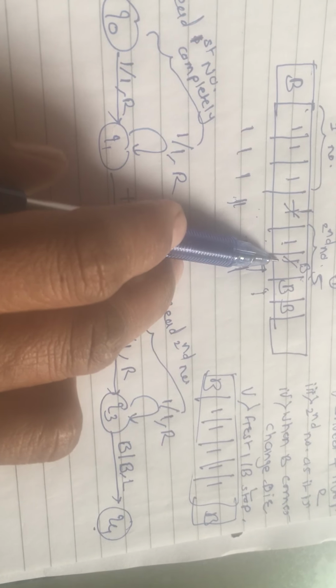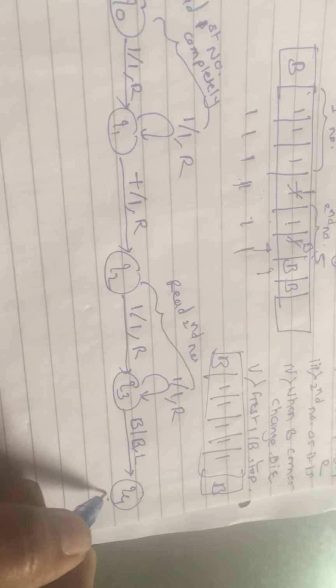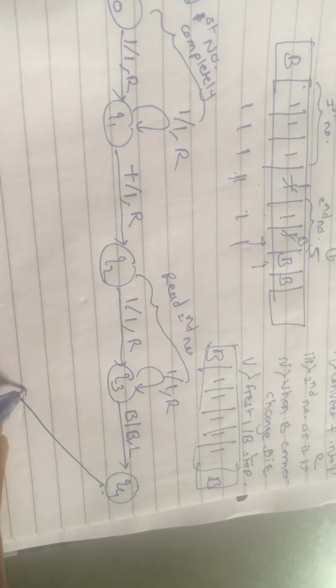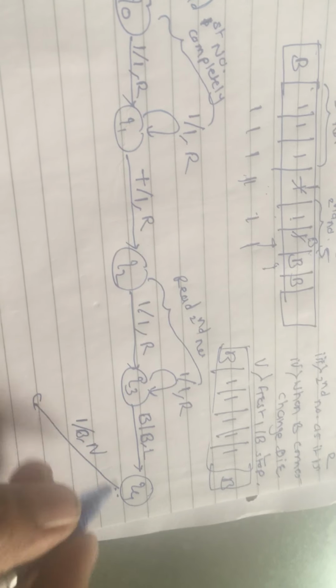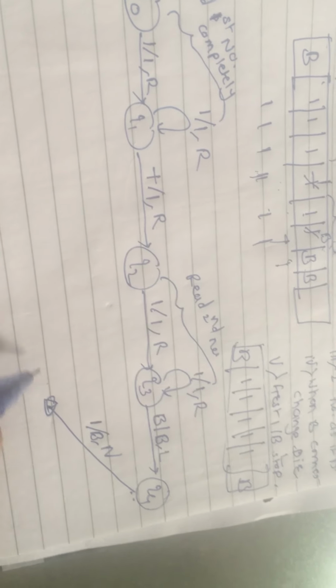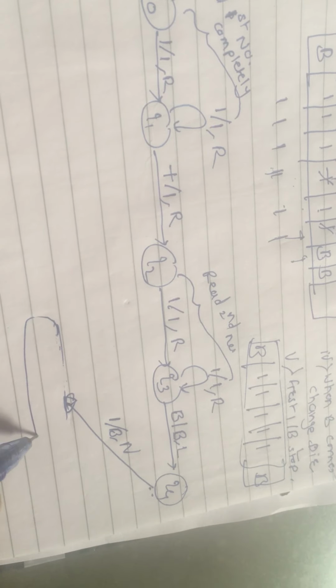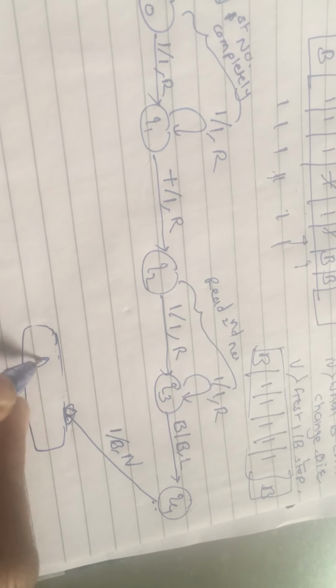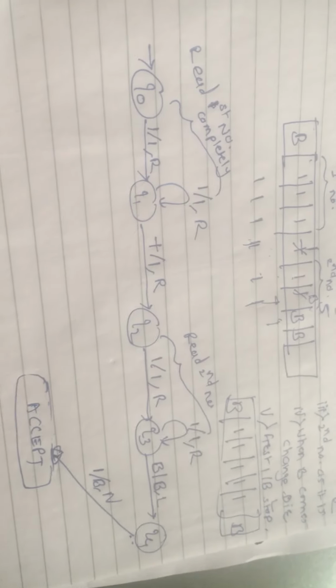Now after B, what will we get? In the left direction, the first one we find. So whatever the first one we will get here, convert it into blank and stop the procedure. So here you can note the halting state. You can write it this way also. Accept. So this is the Turing machine which accepts, or we perform the addition of two unary numbers.